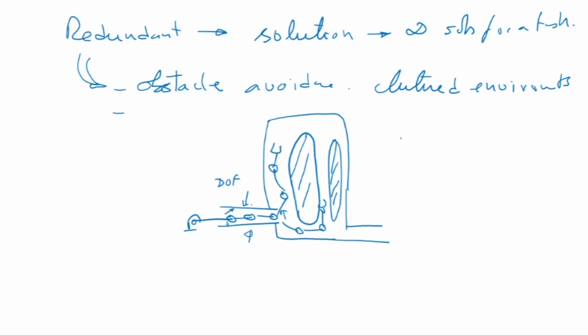Now these are the advantages of what we call redundant systems. They're also called snake robots, having a very, very large number of degrees of freedom. So they can crawl into different places, difficult places, do difficult tasks, and things like that. So here we are dealing with a system which has more than 6 degrees of freedom, and there are 2 ways of solving this problem, what we call redundancy resolution. So the word is redundancy resolution. How do we resolve the redundancy of these manipulators?